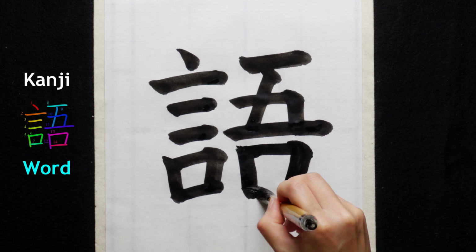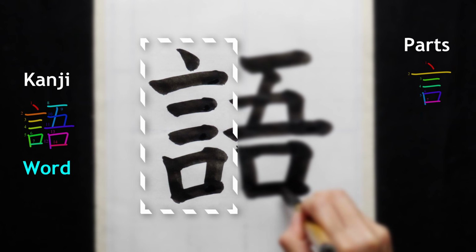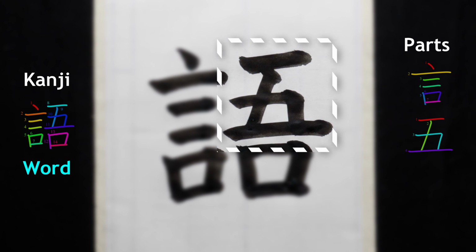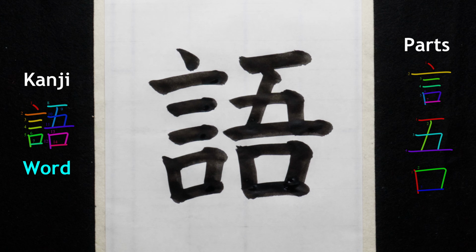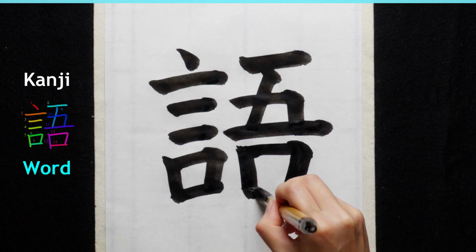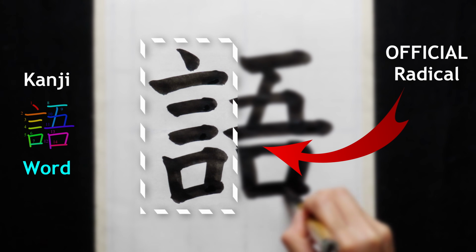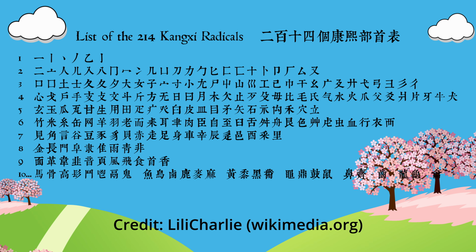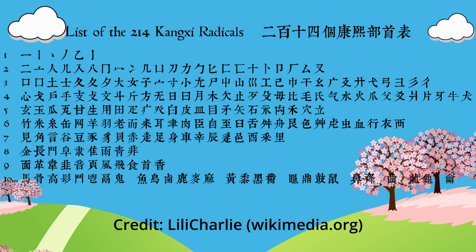Japanese kanji can be simplified and broken down into parts or radicals, and we're going to quickly break down all of the types of radicals in this video. Each kanji has one official radical, with a total of 214 official radicals recognized. Radicals are important because kanji often get part of their meaning and even their readings from this radical and where